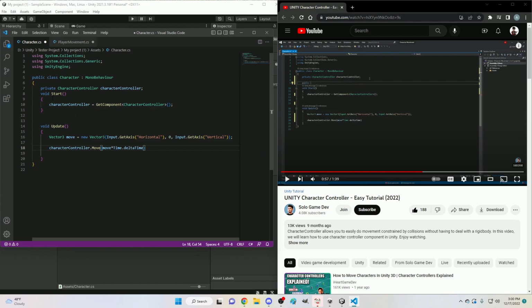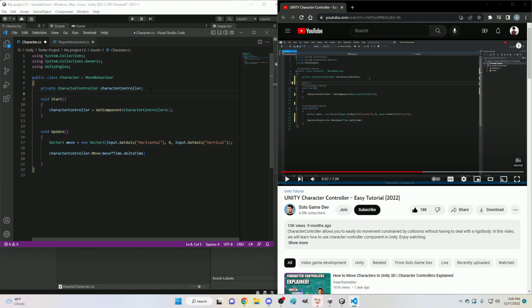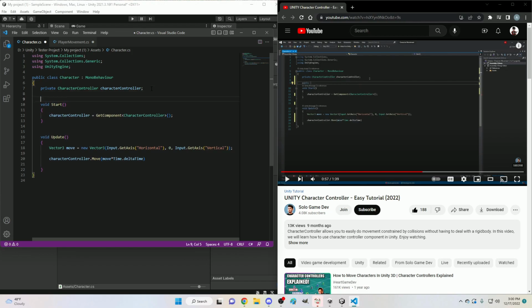He skips up to where this is, spaces, creates a public float speed equals 5f, public float capital S for Speed equals 5f. Okay, and then